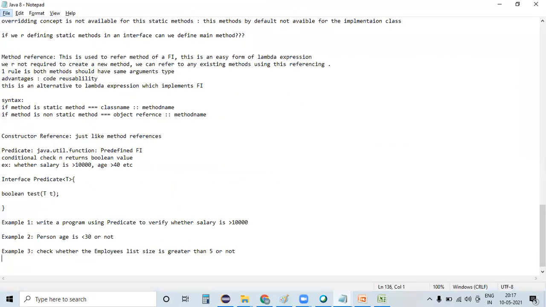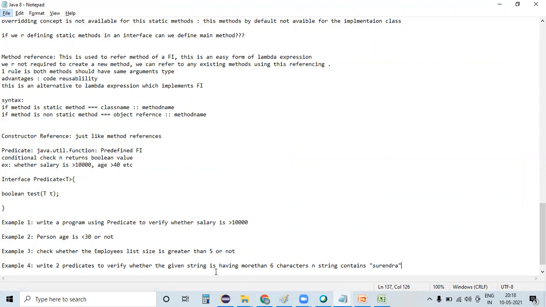So the next example that I want to show you here is example 4. Write two predicates to verify whether the given string has more than 6 characters and whether the string contains Surendra. So how many strings are there that contain Surendra? And I need to perform this particular logic too. I just want to have these logics.